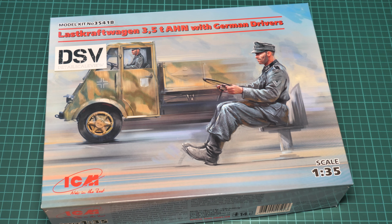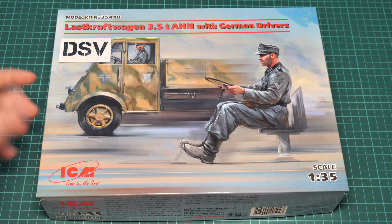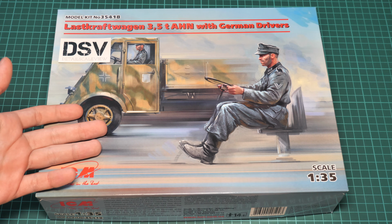Hello everyone, today we have a new video review, and as you can see, this time we are going to check a fresh release from ICM. It is molded in 1/35 scale and it copies the Lastkraftwagen 3.5 tons, but this time it's a bit different kit because it also includes the German driver's kit, which can help you replicate a diorama in 1/35